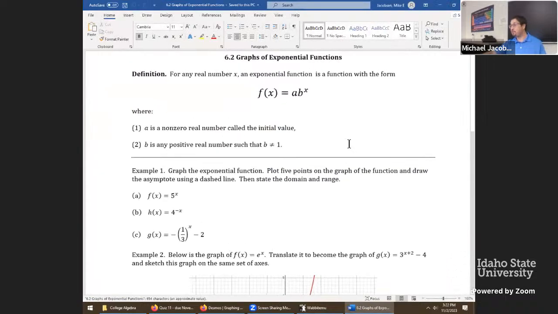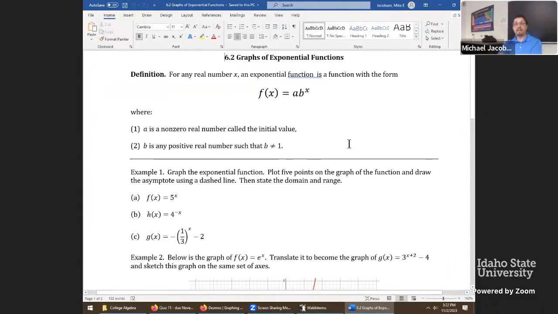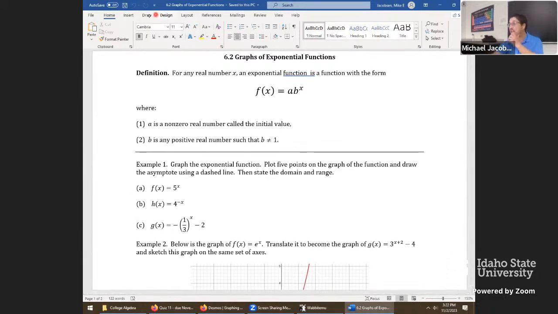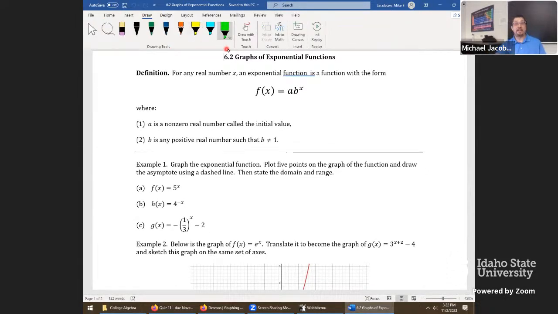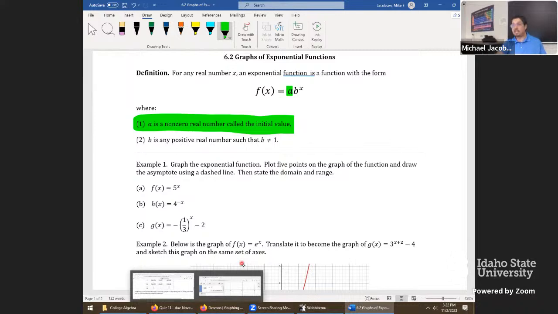So here's our section 6.2. It starts off just repeating information we have already been discussing. Here's our core definition for what we mean by exponential function, this thing right here. Like before, there's really special values to definitely pay attention to. A being the initial value is something that just comes up repeatedly. Knowing how it comes up is sometimes all you need to do to answer a question and save a whole